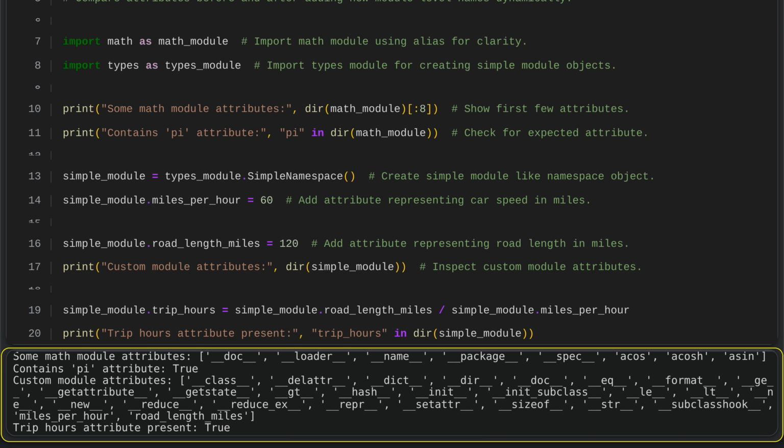This script shows how to inspect and modify module attributes using the dir function. It first imports the math module with an alias and lists some of its attributes, confirming that the constant pi is available. Then, it creates a simple module-like object, adds attributes to represent a car's speed and a road's length,